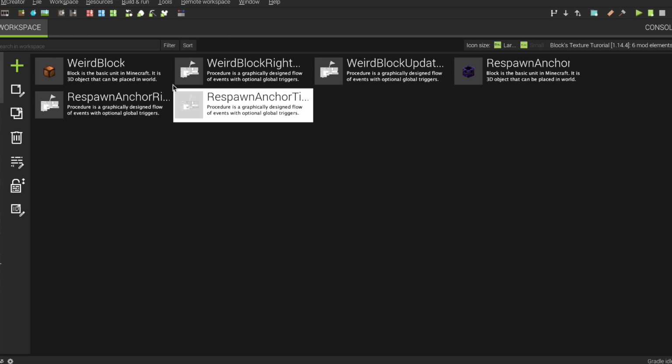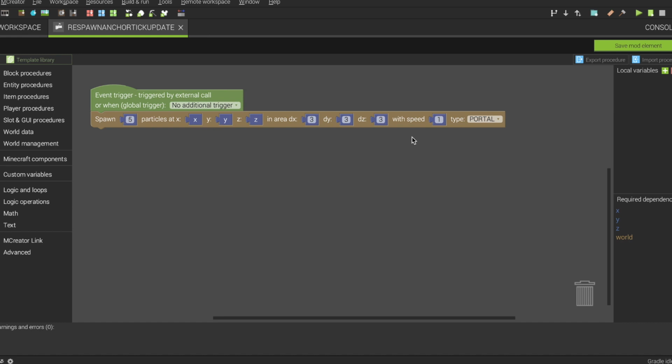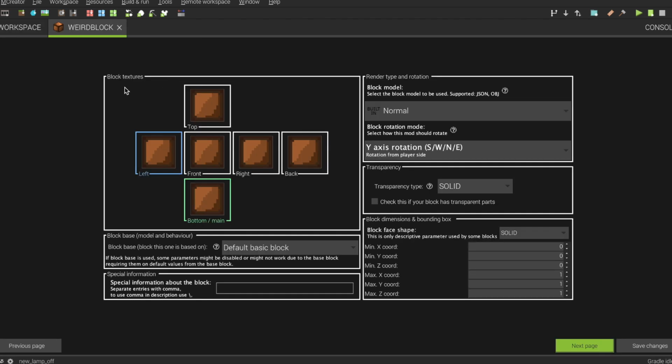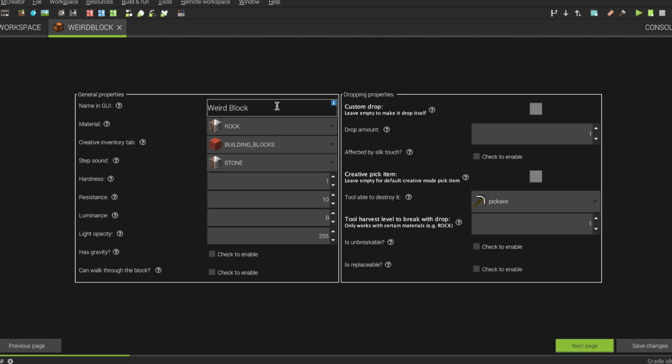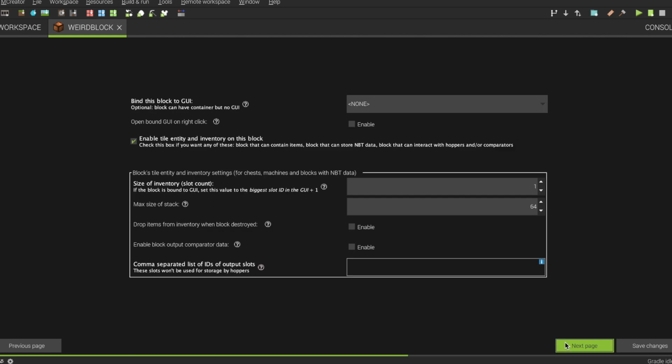And in the update tick procedure, I spawn portal type particles. As you see, I have the off texture for my wheel block. So I set a rotation. Rotation is very important. I've set my block as a block; you can set whatever you want.